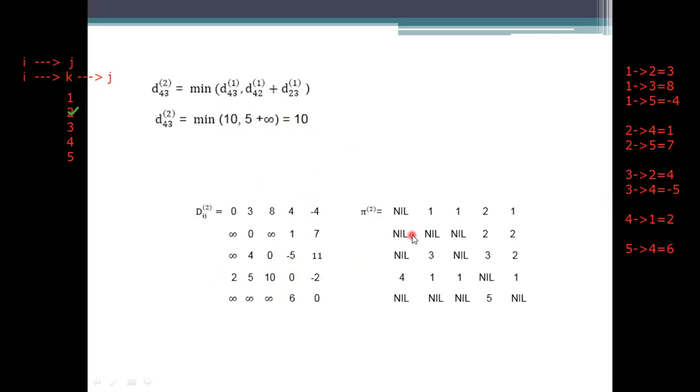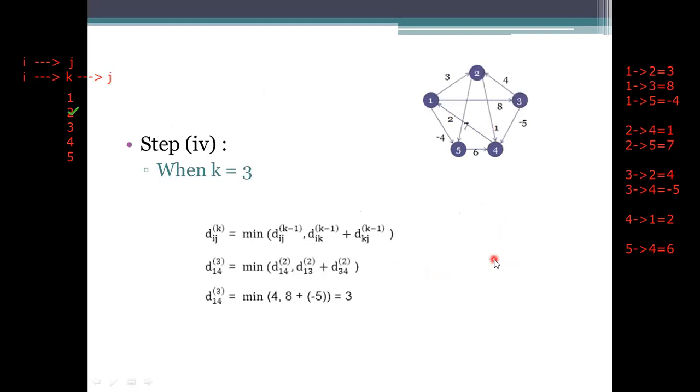And we need to update from where we are getting all these things. The 4 has been updated now. We are reaching the fourth node from the first node by using which node? 2. 2 has to be specified here. So wherever we are inserting new values, 11 is also there. So we are using the parent node as 2. Wherever we are taking the new values into account, we need to specify from which node we are reaching the destination here. Okay, and k equals 3.